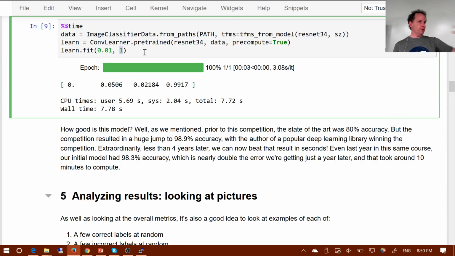Okay, and we're going to see this in a lot of detail. But basically, you can just start by running 1 and see how it goes. You can run it a second time, you can run it a third time, and see how it goes. The only one that's actually kind of complex to pick is this one here, which is called the learning rate. Again, we're going to see this in a lot more detail, but in short, the learning rate is this thing where I said,